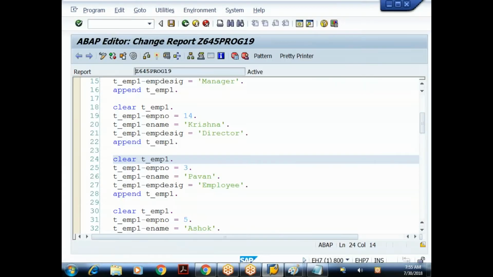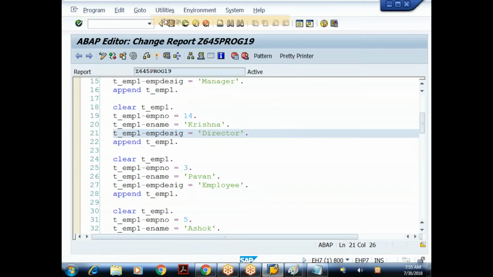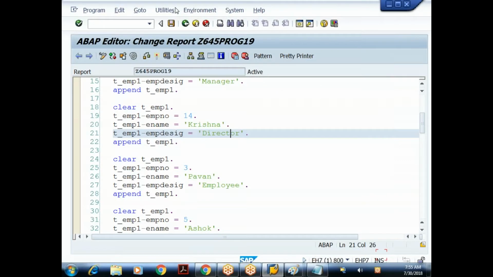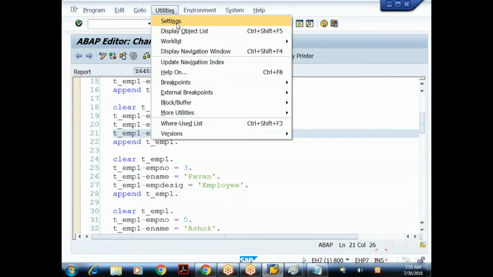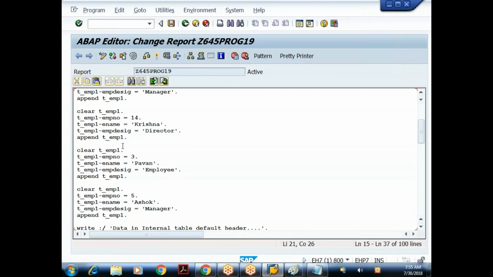Another thing is, when you're working with the ABAP editor, if you go to Utilities, Settings, make sure that you are in the new editor. If you choose the Utilities Settings, make sure that you choose the new editor. Suppose I choose the old editor, the front end editor old, you'll get something like this, meaning the keywords are not highlighted in blue color. So if you want to differentiate between the reserved keywords and your words, choose to work in the new editor.